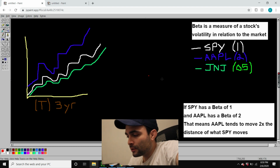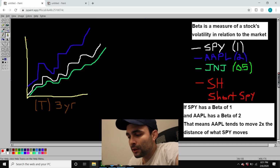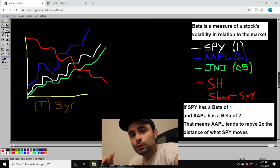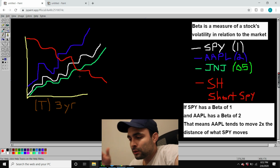Let's do SH. SH is the ticker of the short SPY ETF. If we wanted to add it to here, how do you think it would look? It's the opposite direction. This is SPY, the white line, so the short SPY would be the opposite. I don't recommend short SPY, but that would be a good hedge position. If you have mostly high beta stocks in your portfolio, you want a little bit of downside protection. Instead of buying puts or shorting something, you can buy the inverse of SPY, which is the short SPY ETF,